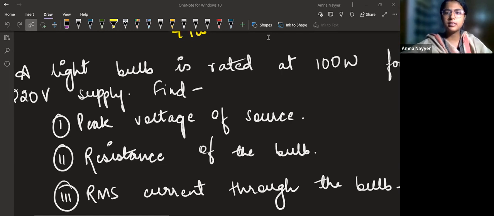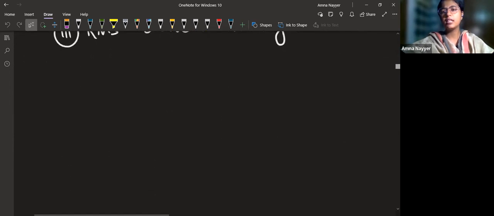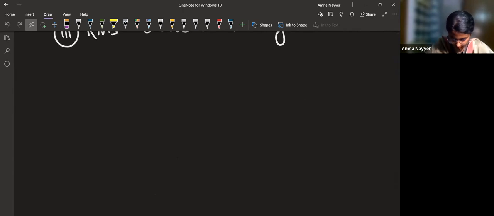All right, let's discuss it. I think this was sufficient time. It was a formula-based question only. See, ERMS is given and we have to find out the peak value. So there's a relation between the peak value and the RMS value. The difference is just of √2. So here,